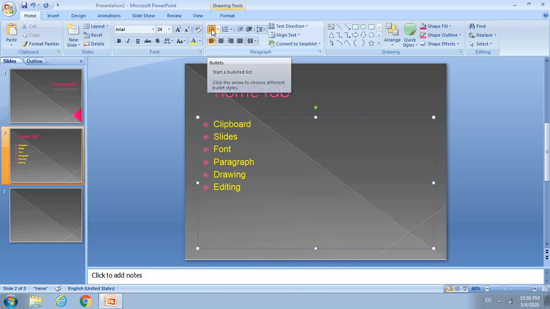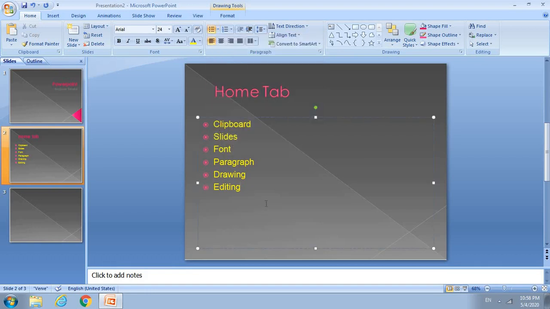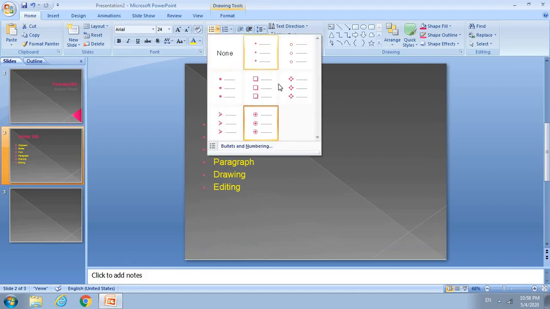So you can just deselect them, or you can again select them. Once you click the drop down menu next to it, you can see a few more shapes and sizes, a few more varieties of the bullets. Whichever you prefer, you can select. Okay, we'll use this one.